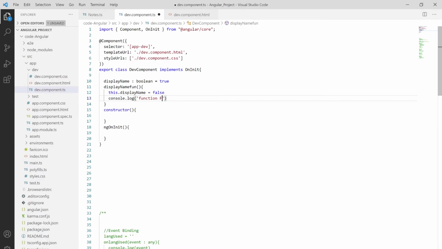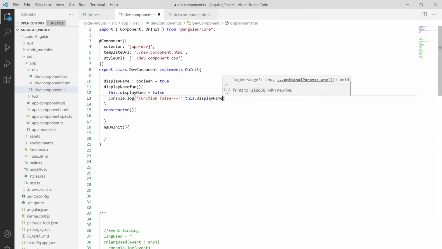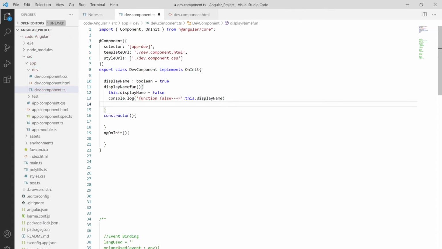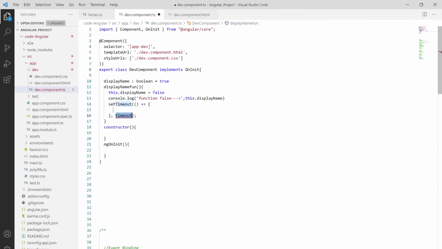I'm also using the setTimeout function, putting the gap as 2 seconds, and I'm replacing this value over here with basically true.